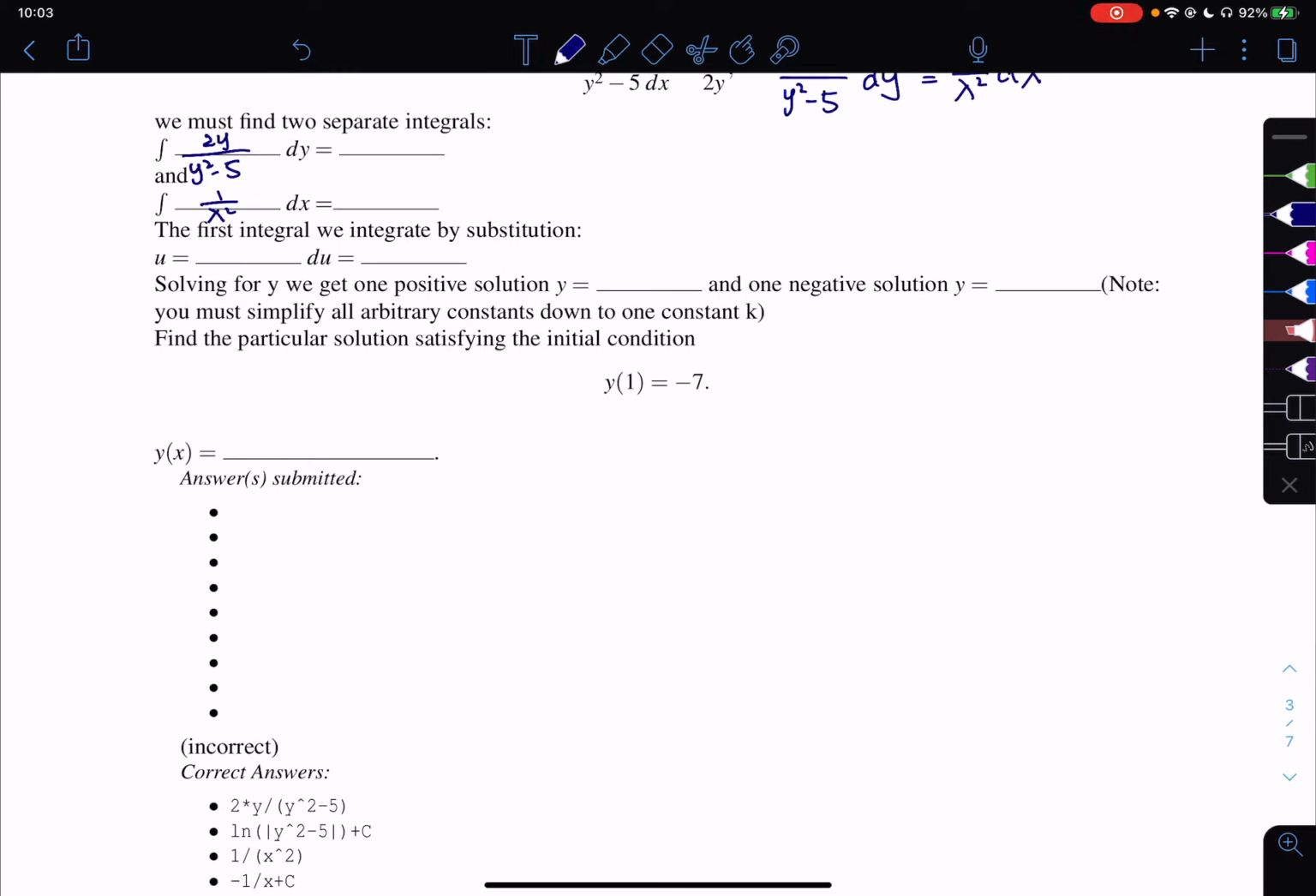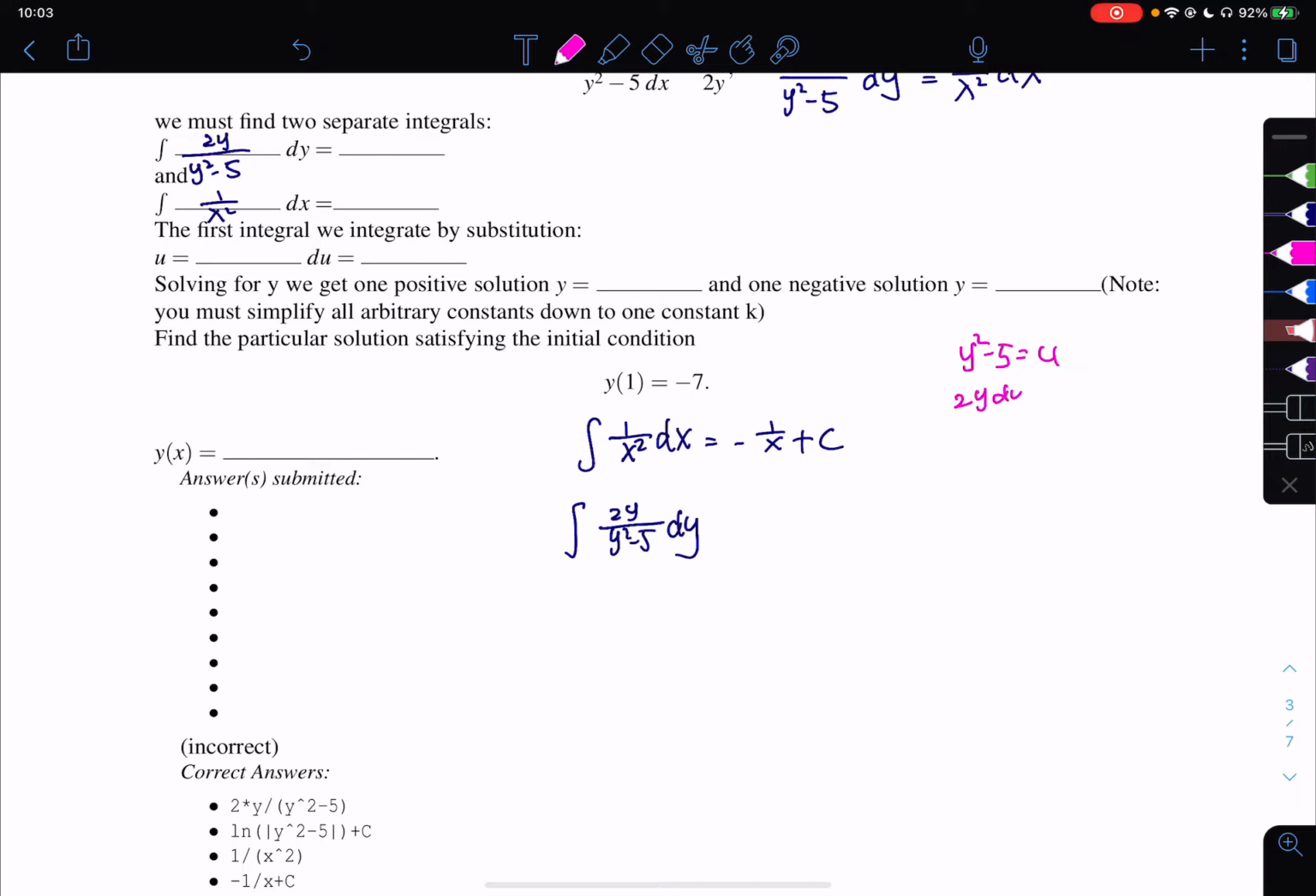To find the antiderivative, I have the integration of 1 over x squared dx, which is negative 1 over x plus c. The antiderivative of 2y over y squared minus 5 dy, we're going to use the substitution method. So if you had y squared minus 5 equals u, that is to say 2y dy is the same as du. So your problem on the left side is going to be changed into